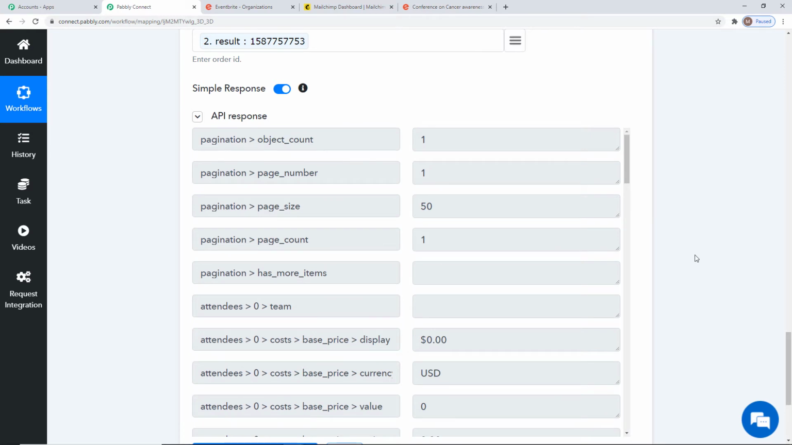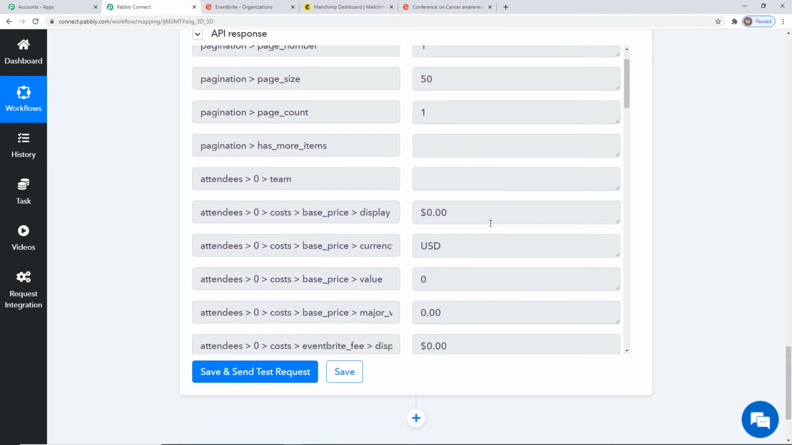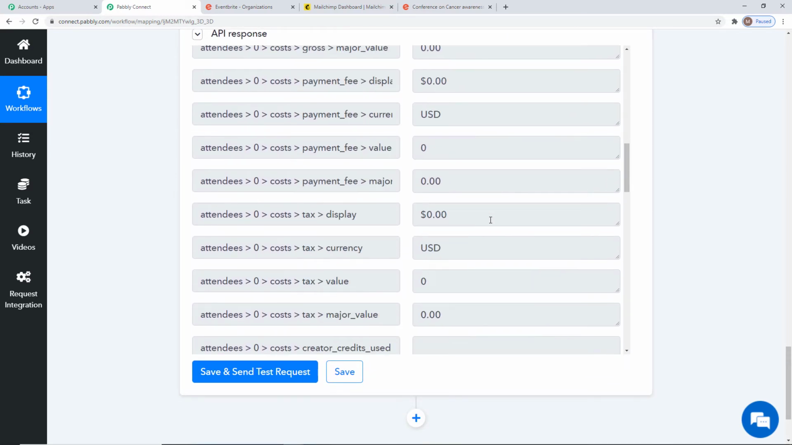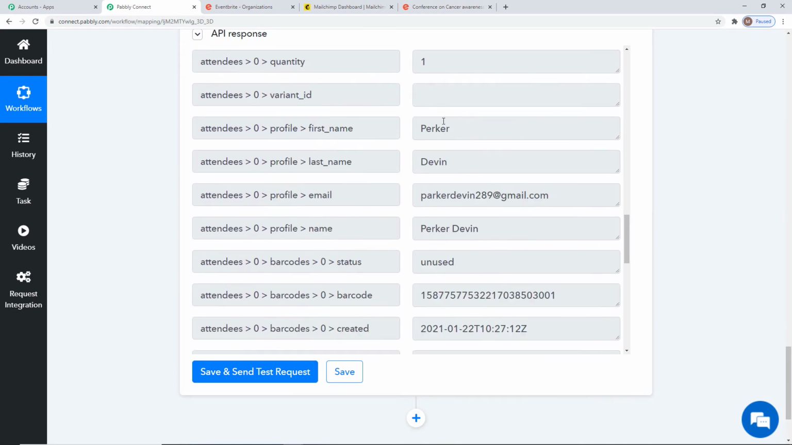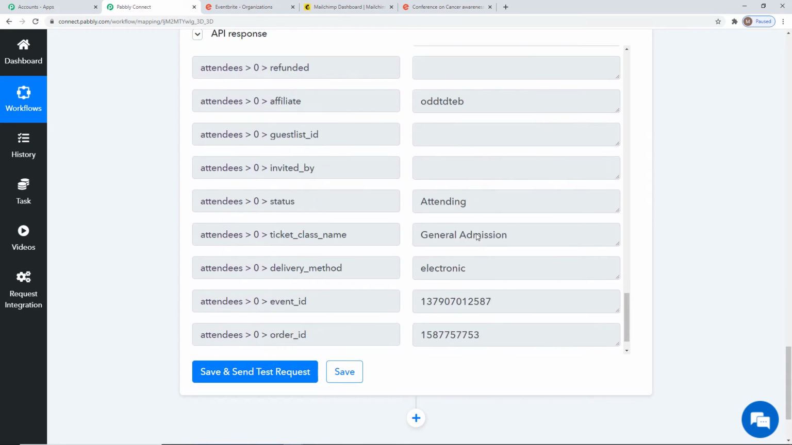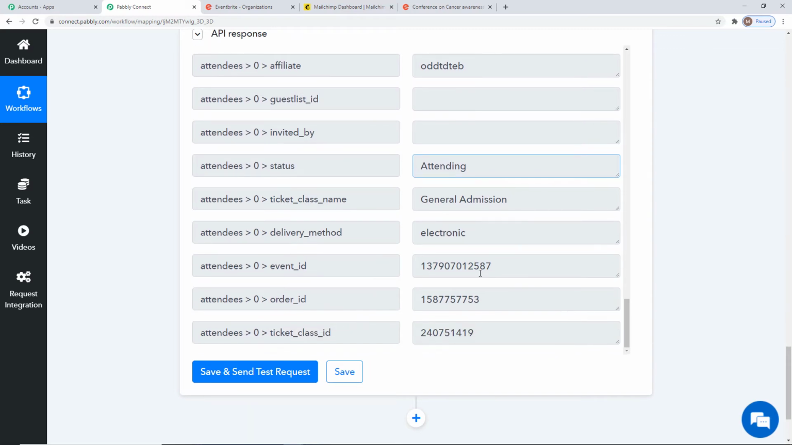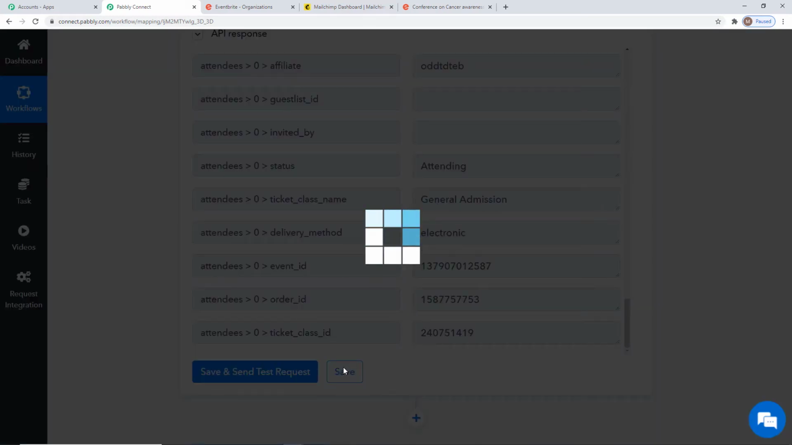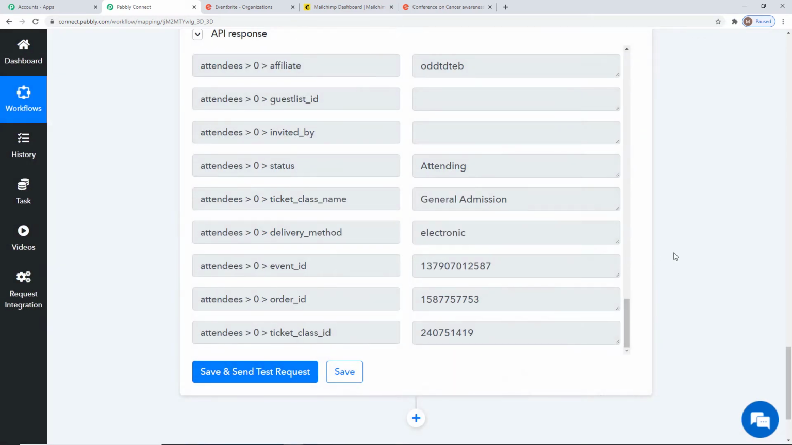Okay, we have the API response over here. Let us go down and check. You can see the first name, last name, and email of the attendee. If you come down, you can see the barcode. Attending, the status is attending. Ticket class name, delivery method. Okay, I'll save it. So here we have successfully finished our first step integration, that is the integration of Eventbrite